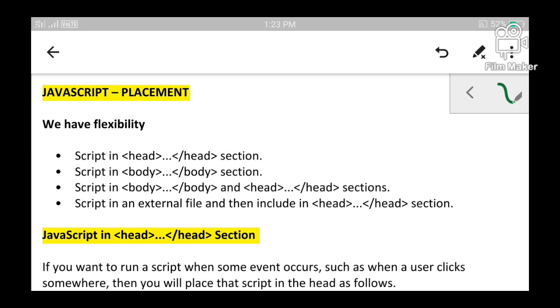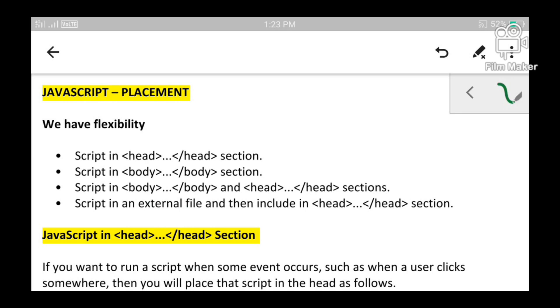That means we can include JavaScript in the head section, or in the body section, or in both the head and the body section at the same time. One more facility is there. You can also include JavaScript as an external file. Let us see how these four methods can be applied.